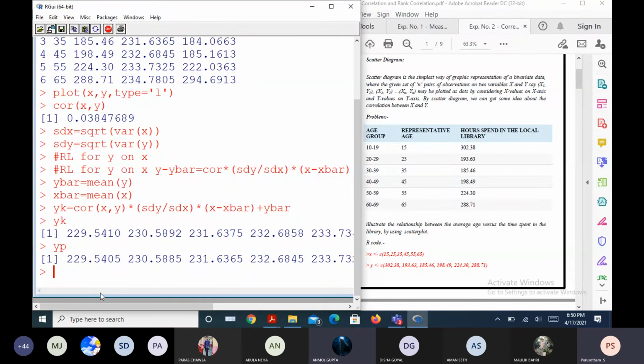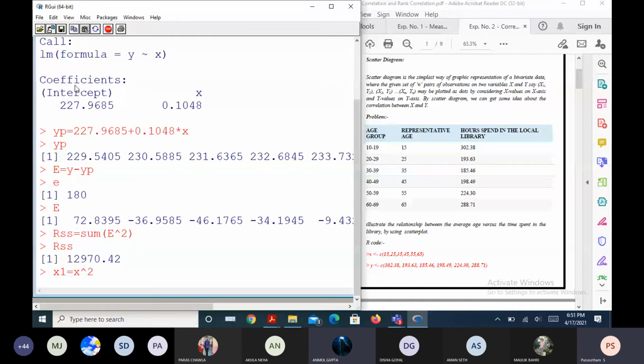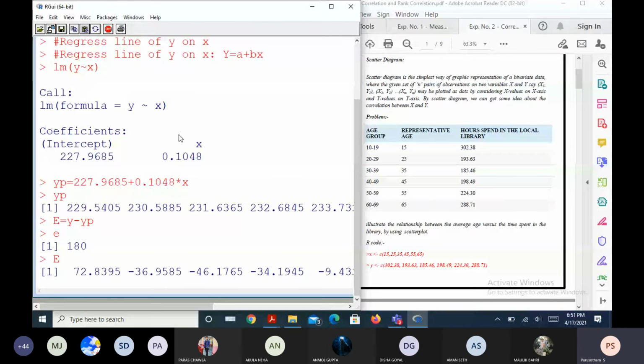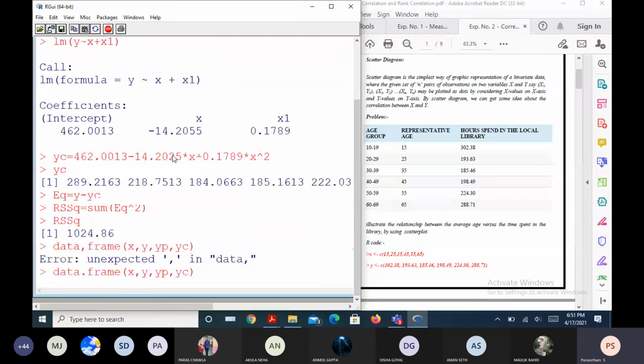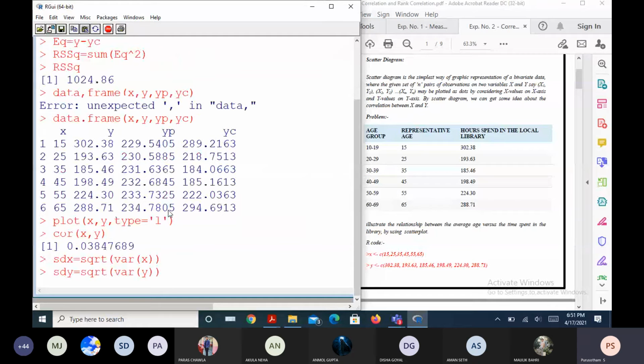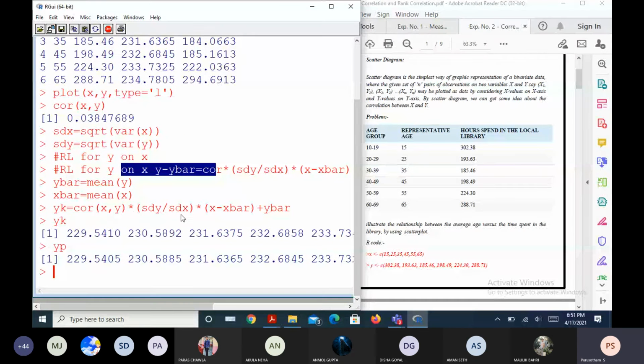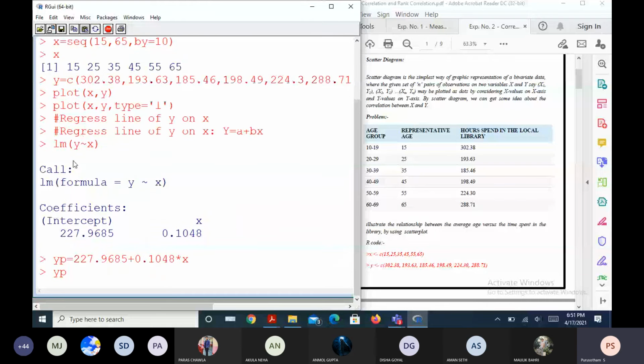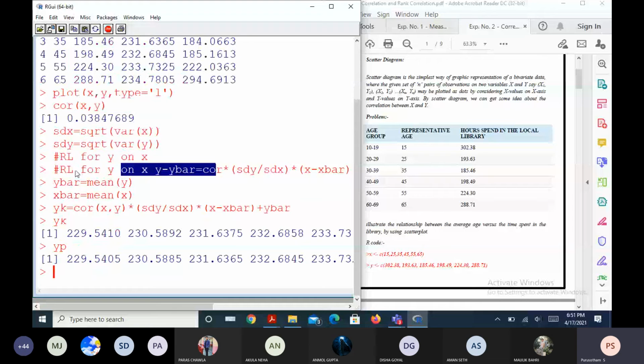So this yp formula, whatever we use here, y on x, is the same as simply calling the LM syntax in the program. Understood? Yes, sir. So this is the way that we do it in the regular class. But in R programming, as there is a default syntax, a linear model, you can use this. But if you want a linear model keeping x as dependent and y as independent, then you can write x is similar to y. Then straight away you will get the x intercept as 36.72 and the slope as 0.014.